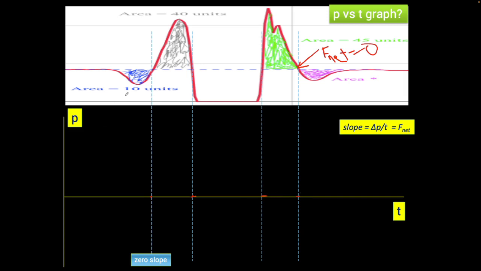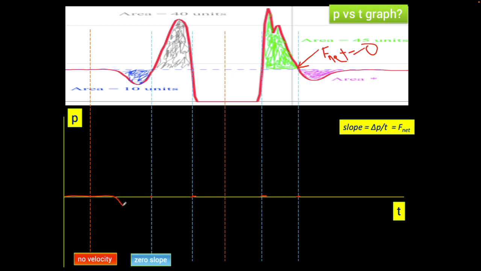There's also a few points where the velocity is zero, meaning the momentum is zero as well. Why is zero velocity helpful? Well, if the velocity is zero, of course, the momentum is zero as well. So we have no momentum up to here somewhere. And then in this case, the net force is down. So the momentum will become down, or the slope of this graph has to match this graph. So we have a negative slope,